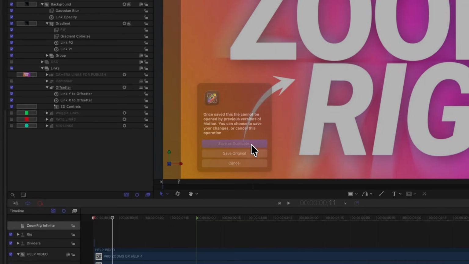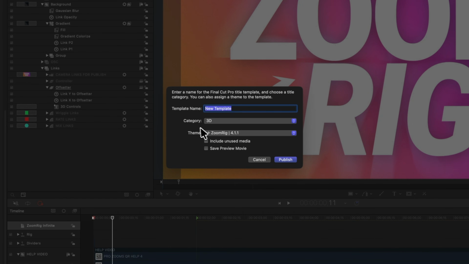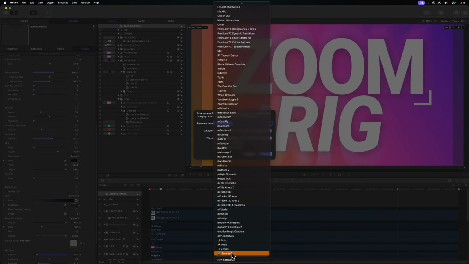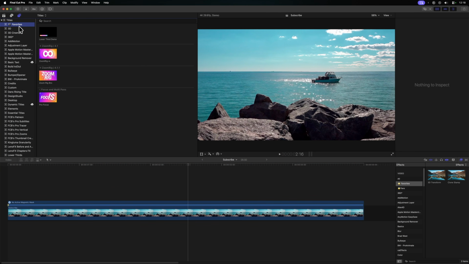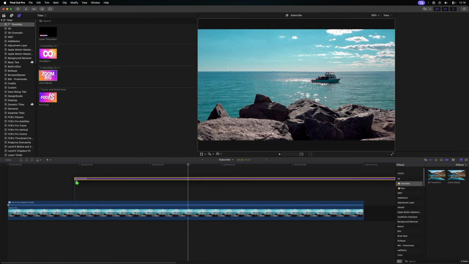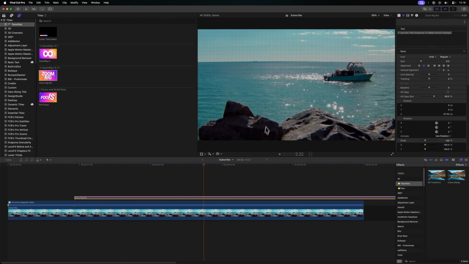For this tutorial, I'll save it as a duplicate, and I can throw it into any new category I like, for example, into my favorites. Now from there, we'll just jump on up to my favorites, and we can see my Zoom Rig Bro preset is applied here. And zooming in, you'll notice that it already has the grid applied, it has the chromatic aberration, and everything else that I checked